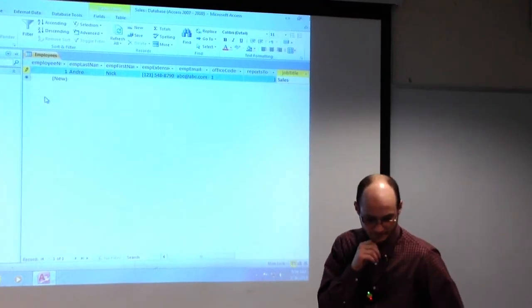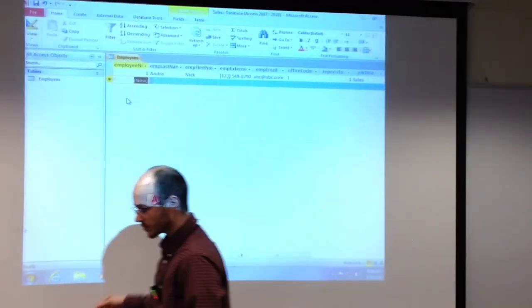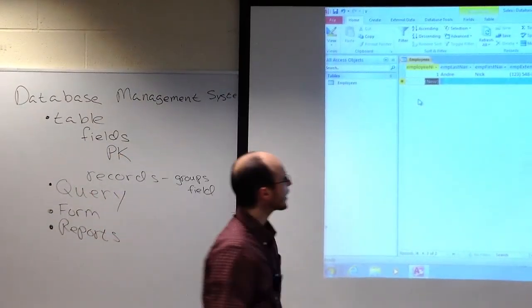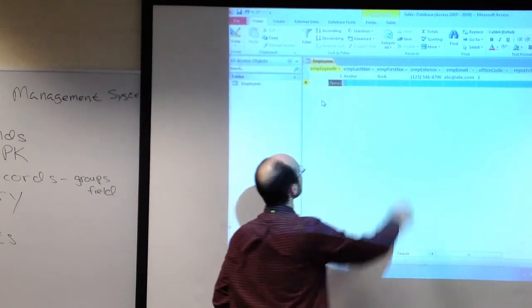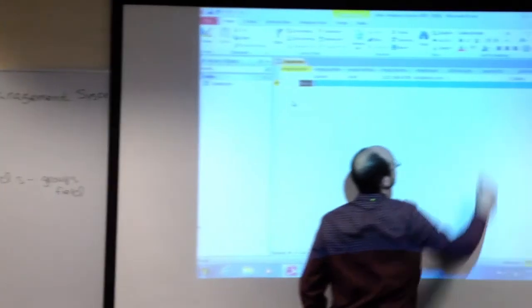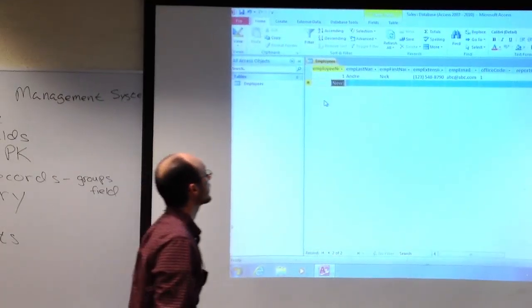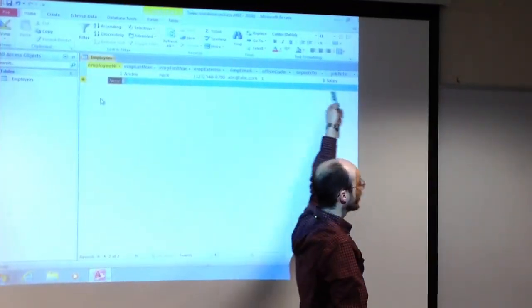Let's hit enter. Now come down here to the status bar. What does it say? How many records do you have? Notice I'm not calling these rows anymore. A record is a group of related fields. Here it is. An employee at our company consists of a number, last name, first name, extension, email, and so